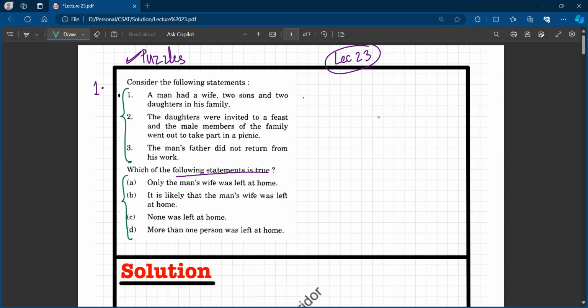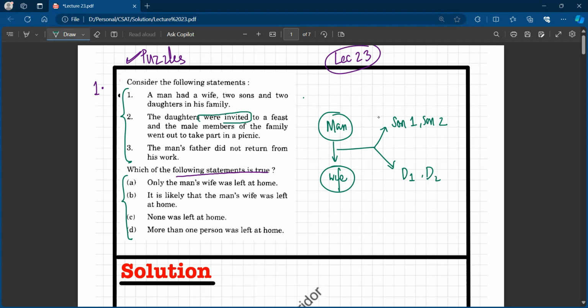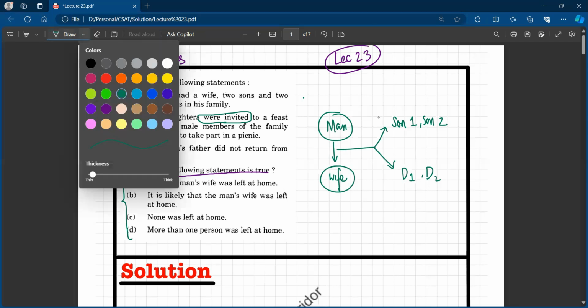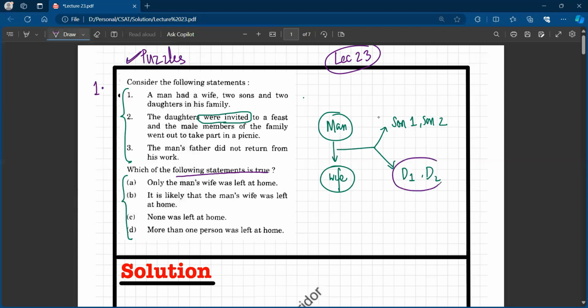Let us read the first statement. It says, a man had a wife and two sons, Son 1, Son 2, and two daughters, D1, D2. The daughters were invited to a feast. Remember, they were invited. Whether they went or not is not mentioned here. So D1 and D2 were invited for a feast,